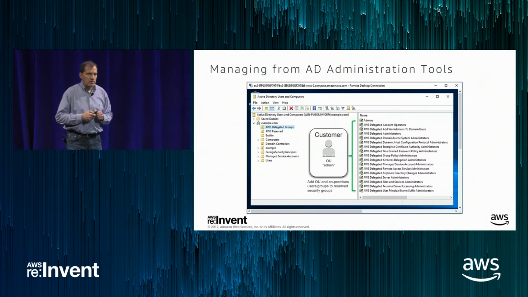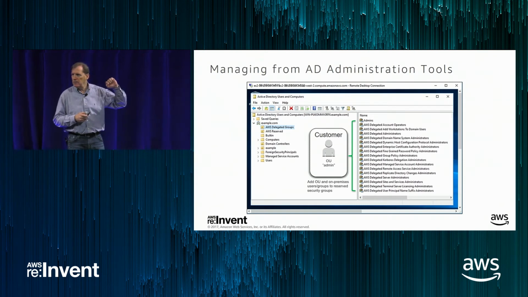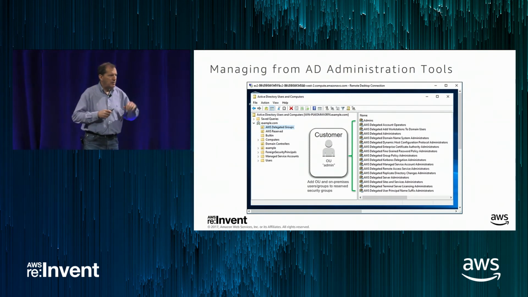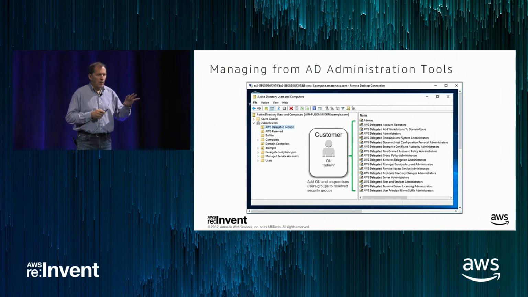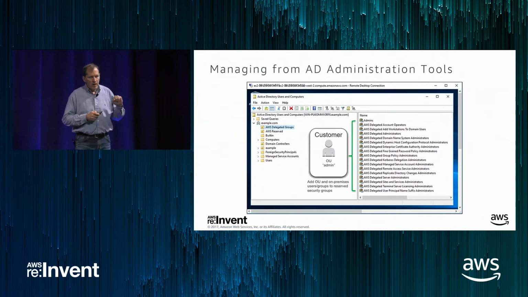Now, this is a changed structure. How many people here are using the Managed AD product today? Anybody? Okay, we've got one guy over there, a couple here and there. So if you've been using it for a while, you would have seen that those delegated groups were a little bit different. It used to be that the delegated groups were universal groups and they weren't domain local groups,